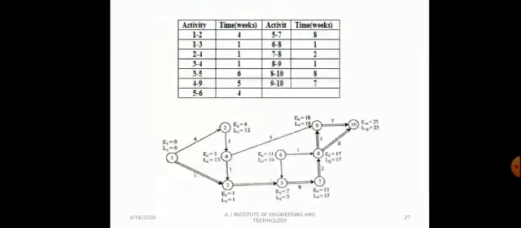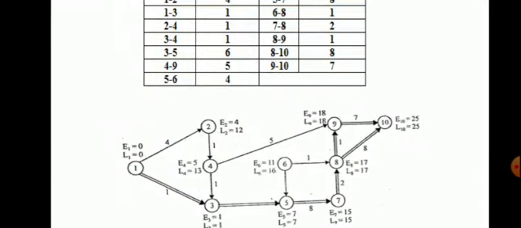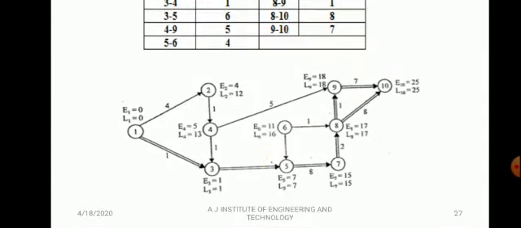Determine the project duration. Here also you just calculate, node 1 is 0, and node 2 is 4. You see node 2, 4 plus 1 it is 5, 2 to 4, 4 3, 5 plus 1 it is 6, but for the starting time you can see which one is the maximum. S is equal to 1, 1 2 3, 3 to 5.